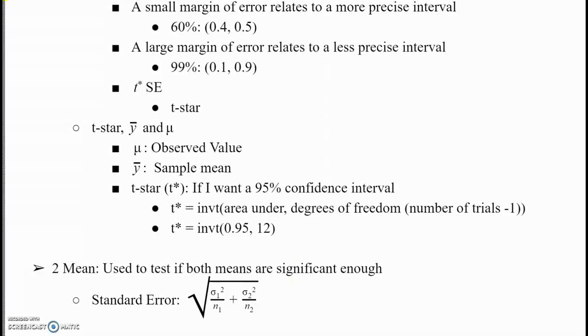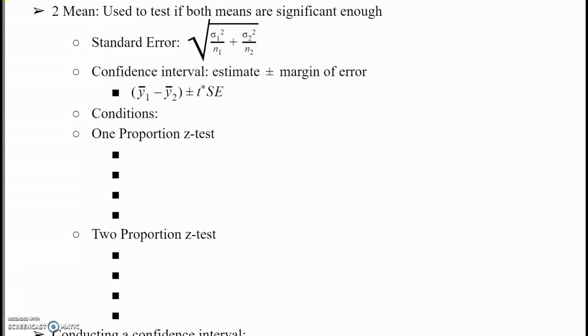As this, with two means, similar to two proportions, we are using it to test whether both means are significant enough. Look at this, it does look awfully similar to the two proportion standard error. This time it's sigma squared 1 over n1 plus sigma squared 2 over n2, all square rooted. This as well looks awfully similar. It is your mean of sample 1 minus mean of sample 2, plus or minus t star times SE,